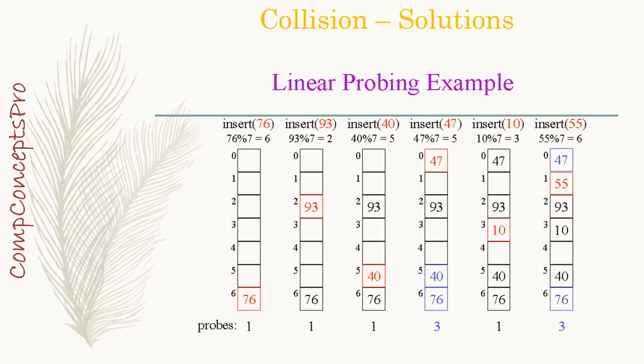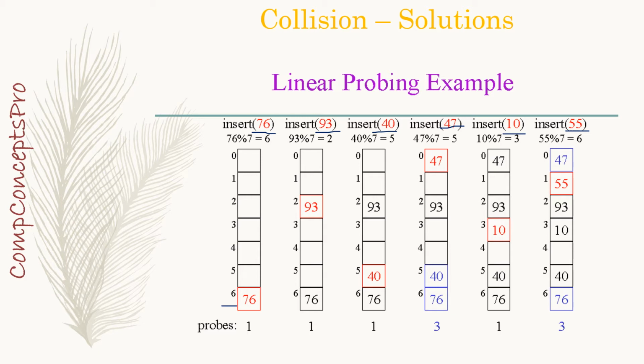Let's see this example to clearly understand this concept. So these are our keys that we have to insert in our hash table. All these are the keys. And our hash table size is 7 in this case. As you can see, the last index is 6, so the total hash table size is 7. So first we'll apply the division method hash function to find out the index positions where we have to insert our keys.